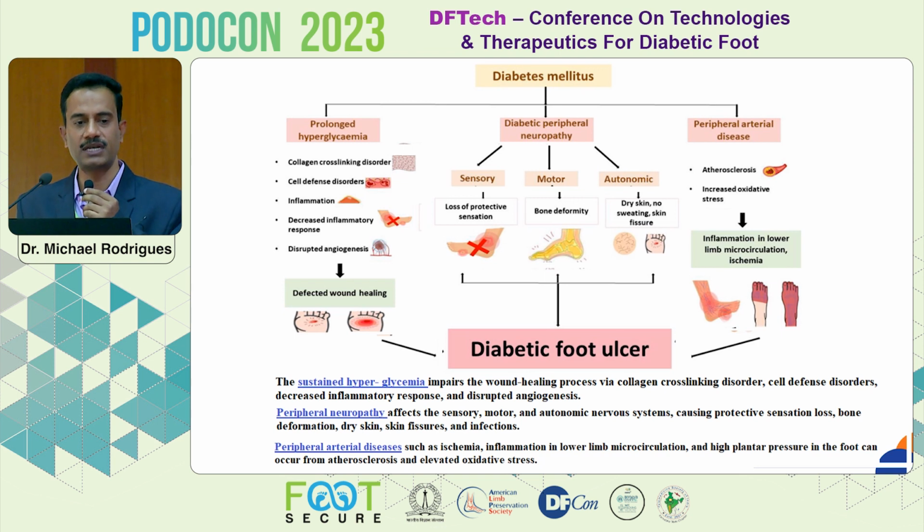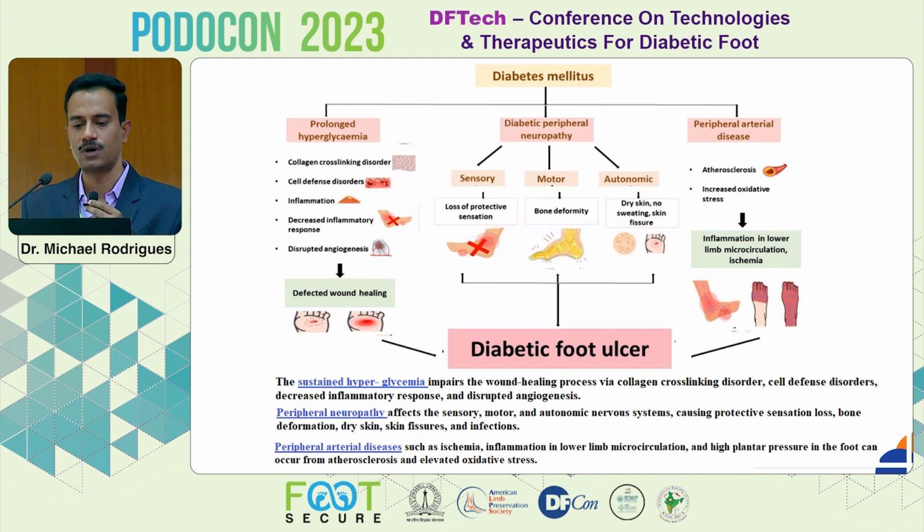Diabetes mellitus is attributed to 3 major causes or aspects. One is prolonged hyperglycemia, then there is diabetic peripheral neuropathy, and peripheral arterial disease. That means the nervous system is not supporting, it is not sending the signal to the brain, it is not repairing as well, and then there is not sufficient blood flow to the system, which brings you nutrients and oxygen. Prolonged hyperglycemia has its own causes which cause a lot of disorders,